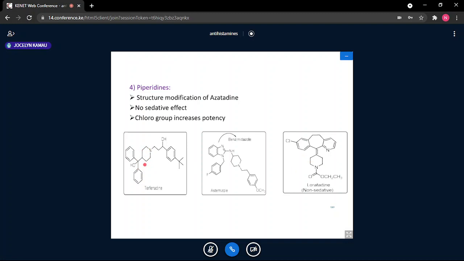So that's why we are calling it a piperidine, slightly different in structure. It is not a tricyclic. You can see the two phenyl rings are not fused like loratadine, but it is a piperidine ring where the terminal nitrogen is part of a piperidine ring, just like we have there. And then you can see on the piperidine ring, there is this group which has been